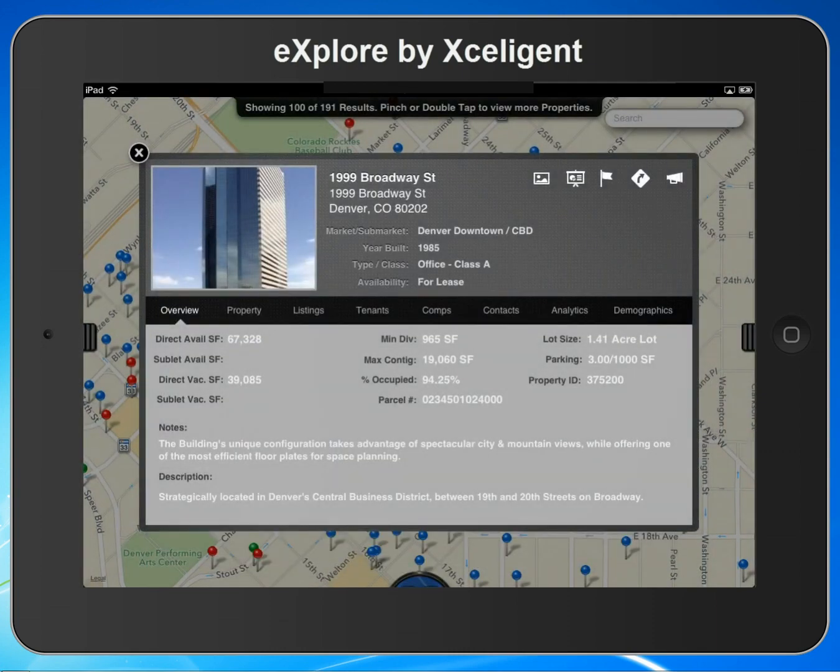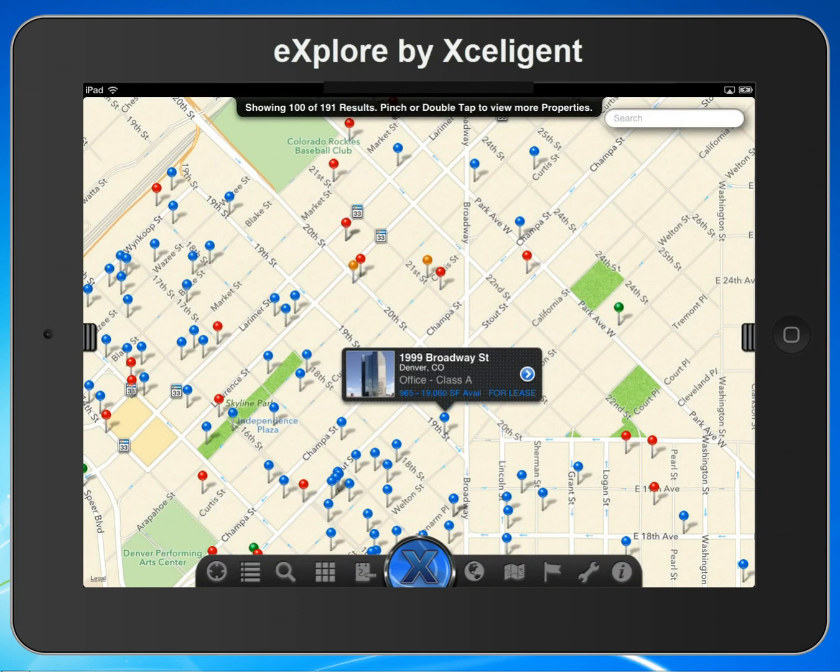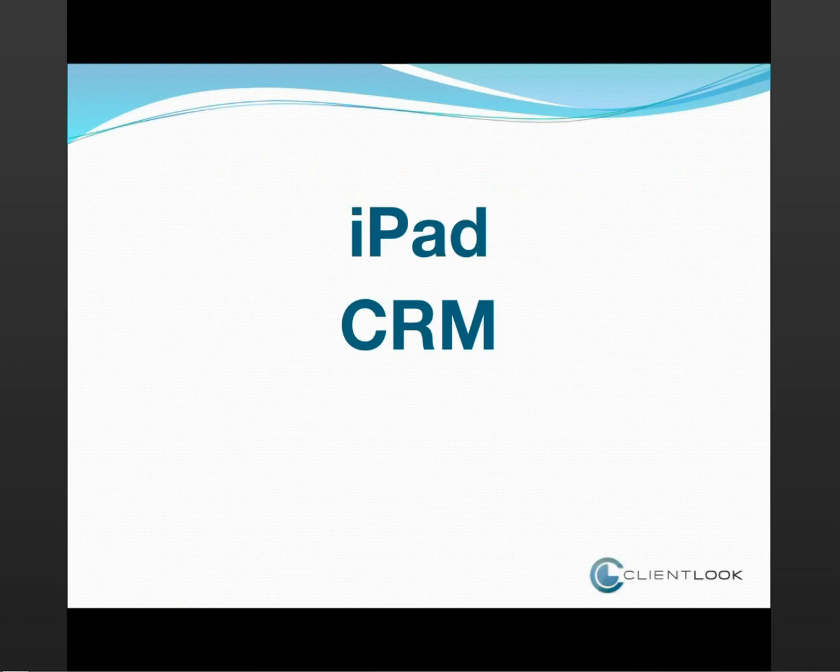Now there are lots of features that I'm leaving out here in the interest of time, but here's the bottom line. Property research is one of the most important components of your business and your success. This valuable intelligence should not be relegated to access solely in your office. You need this stuff in the field and on your iPad. If you don't have an iPad yet, this is one of the best reasons to invest in one now. It should be pretty obvious from my Xceligent example here of how big a difference this can actually make.